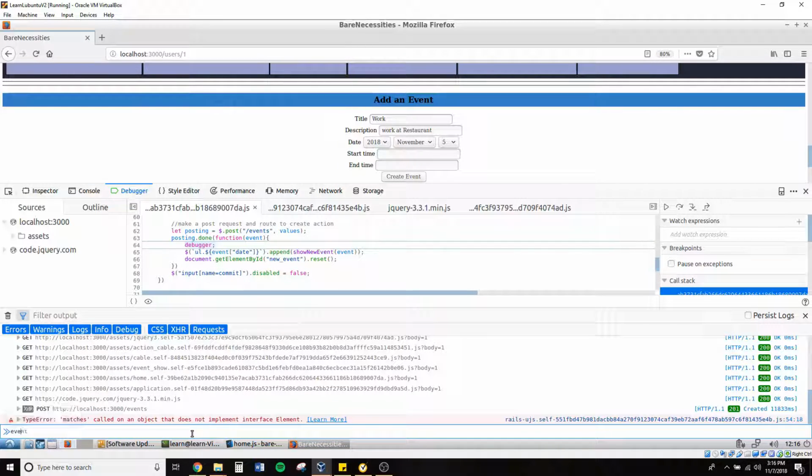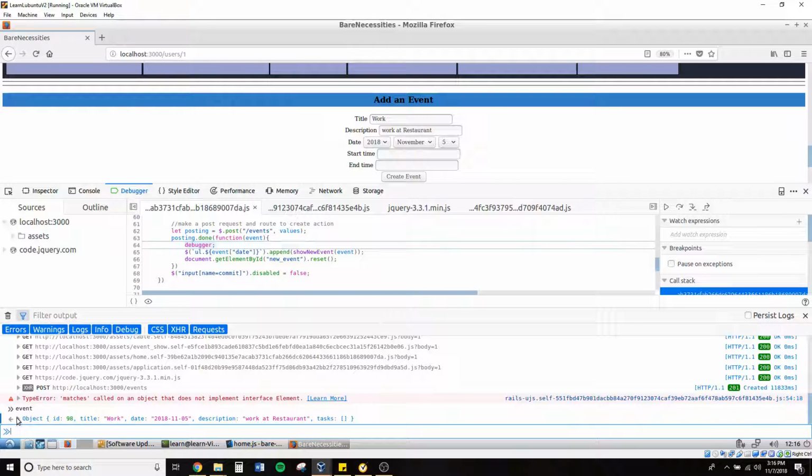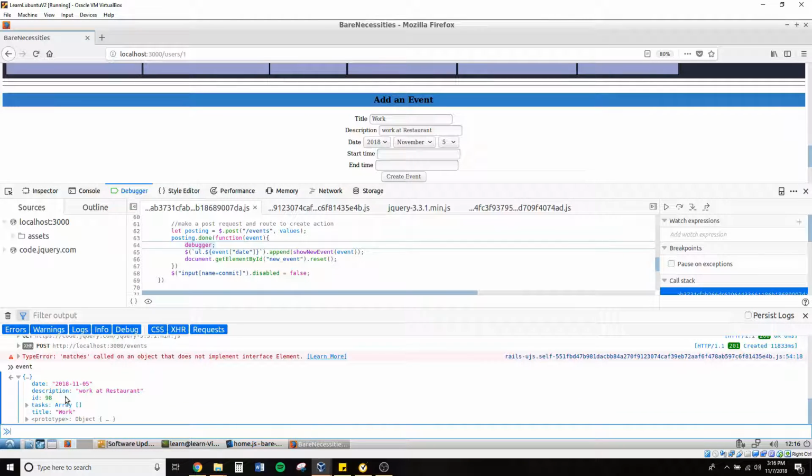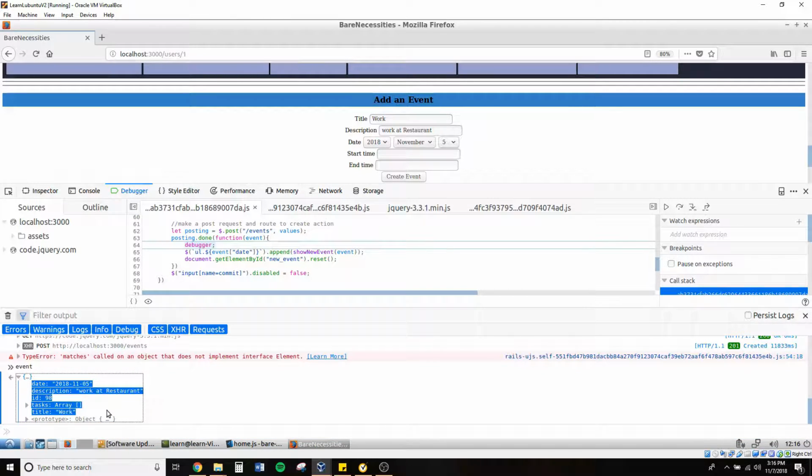So I'm going to show you this event here that we have in the browser, that we'll be working with from now on in this function. It's simplified. It's in JavaScript object notation still, but instead of all those 10 attributes, we only have the information that we specifically asked for and need. And we're doing that because it's easier to work with data and send it. We're limiting the amount of data that's being sent across the browser, which makes things faster for the user. And so these attributes that we have to work with, I have specified that I only care about these attributes. And I did that in the